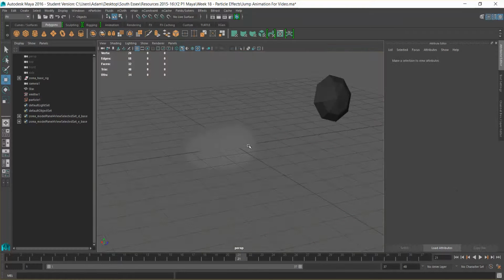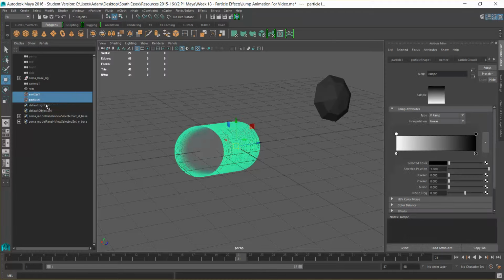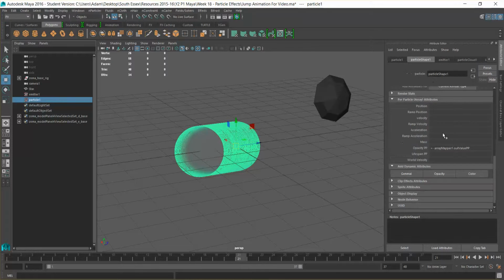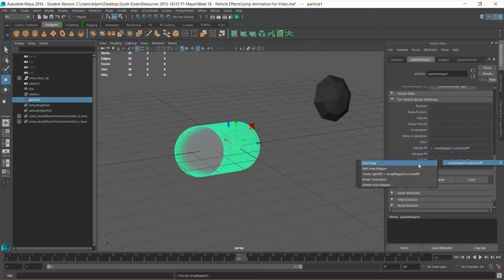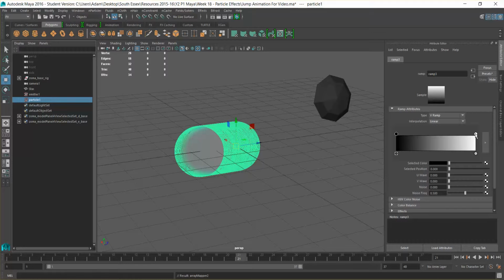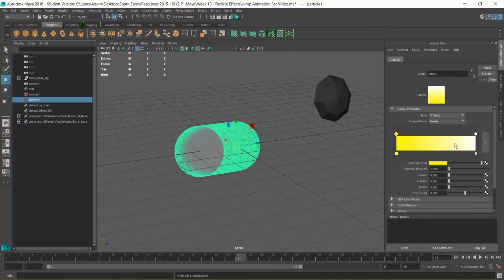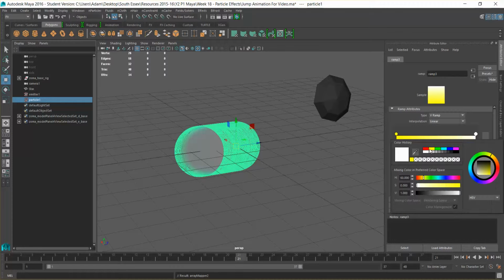Okay, and the second thing we want to do, so if we go back to our particle, let's keep going along, particle shape, and we also want to add in a color map. Okay, and we also want to add that per particle. Okay, so in RGB PP, we're going to go in and we're going to create another ramp, and we're going to right click and go to edit ramp, and this time we're going to change the colors. So to change the color, we select the top side of the ramp, and we're going to change that to, I think, a yellow will work, and this end we're going to change that to a red,